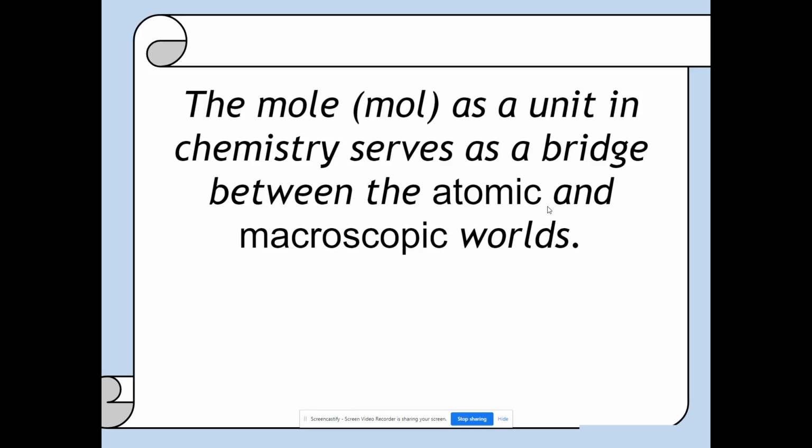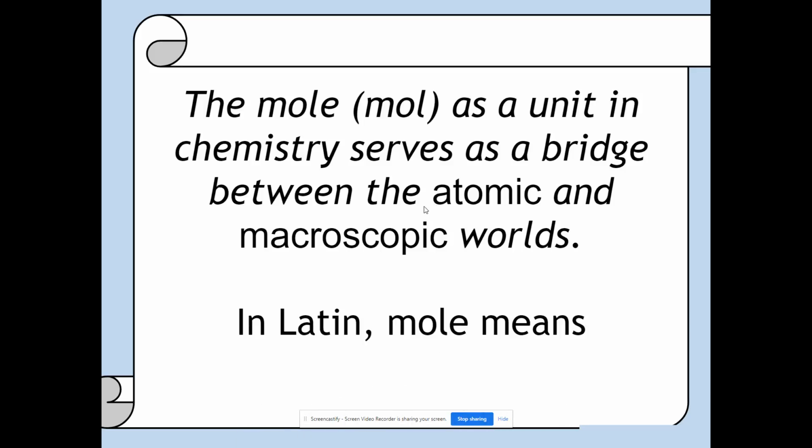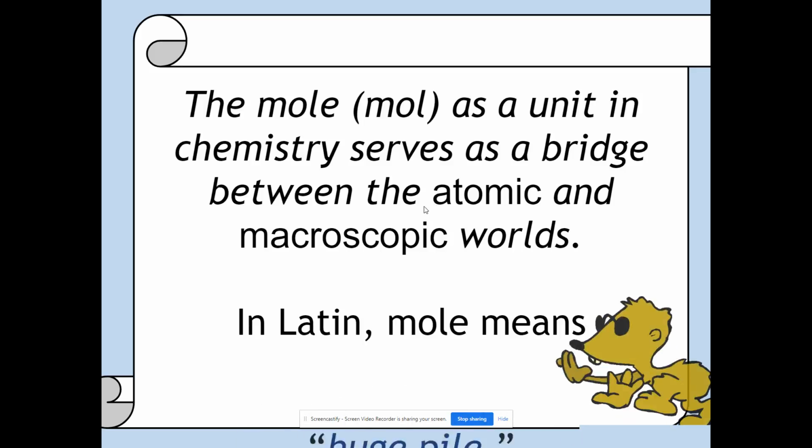Atomic meaning particles that we can't see, but we do know exist, and what we can see. So if we were to look at one of those gold bars, how many atoms are in one gold bar? The way that we would quantify that, and it can be quantified, is through the word mole and